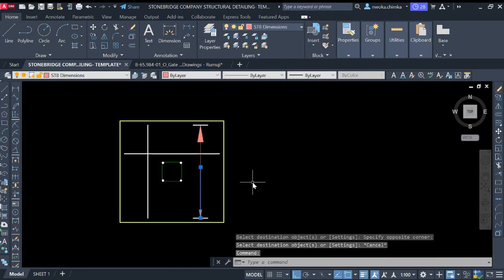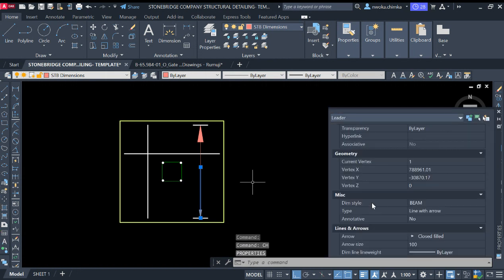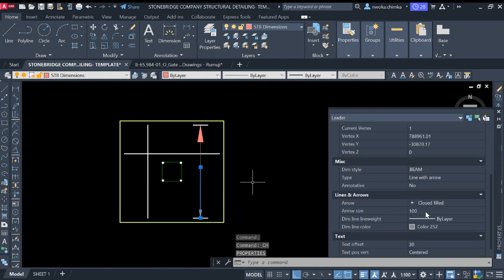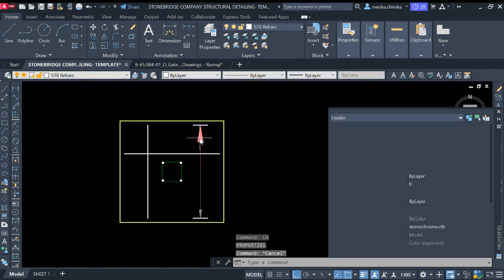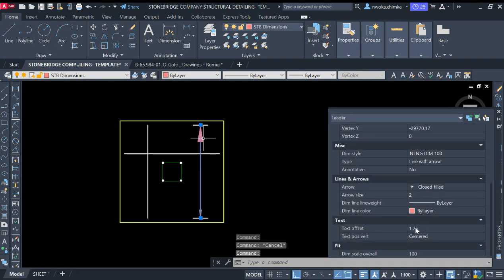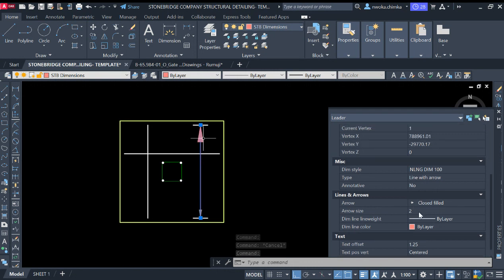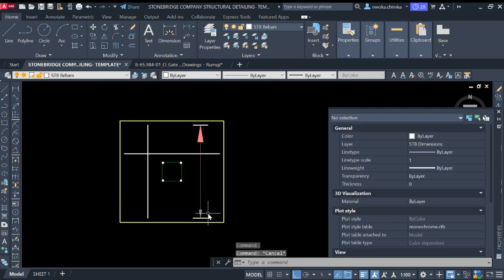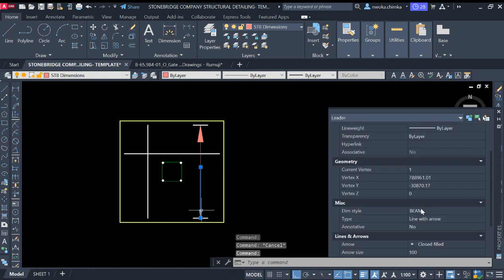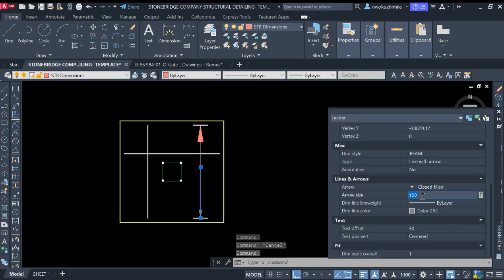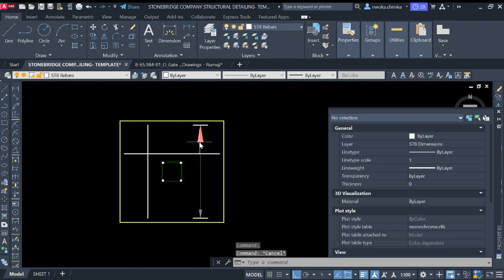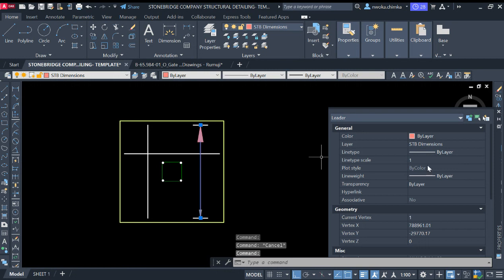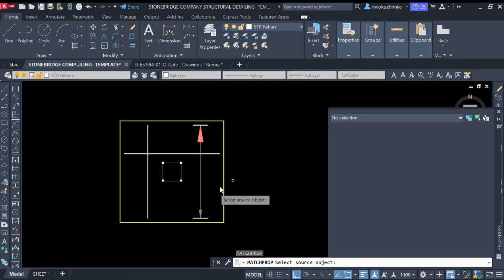So first of all, click on this place and check the size of that arrow, which is given to us as 100 size. So click on this right now to reduce by 100, this one right now, and reduce by 100, and say, where is the arrowhead? This is the arrowhead. So here is 100, enter, and then we go here and then reduce this, or just say match properties right now, click